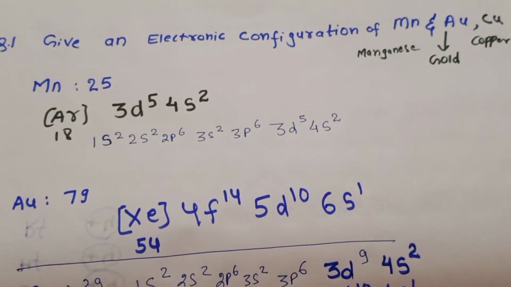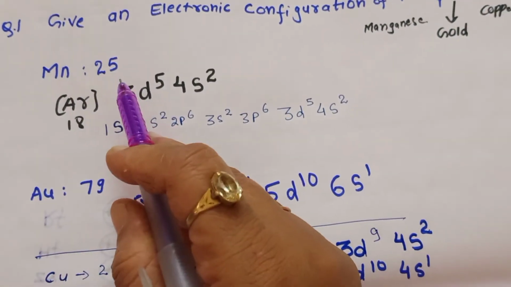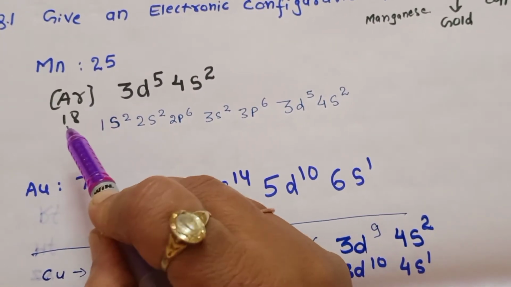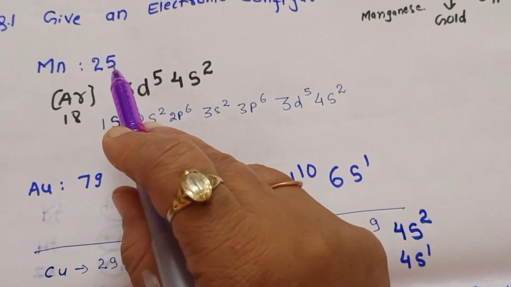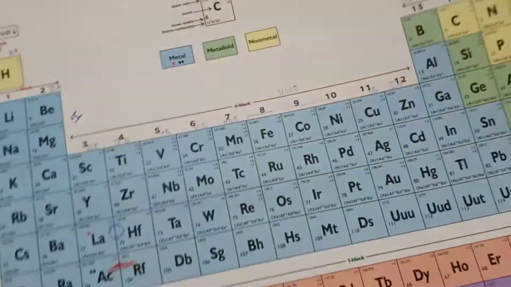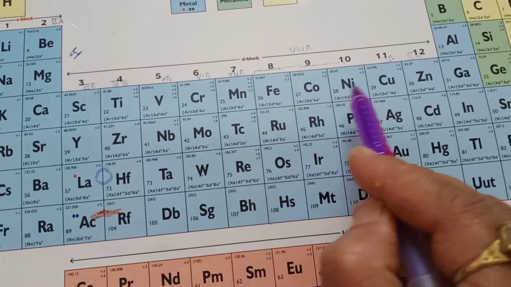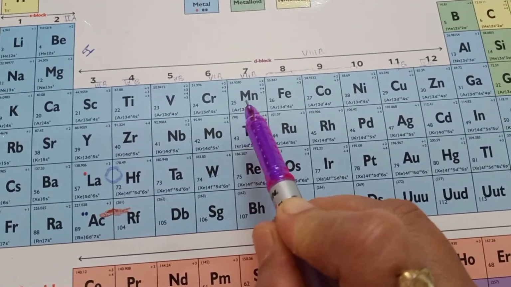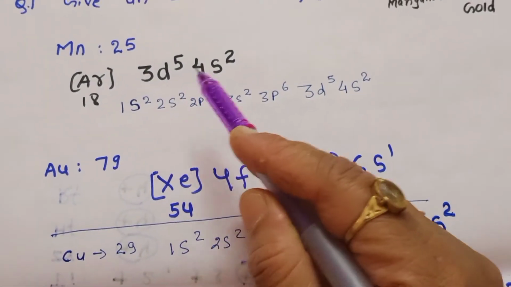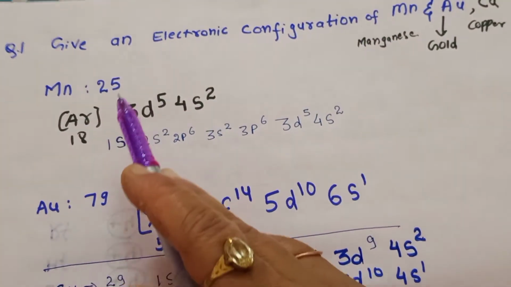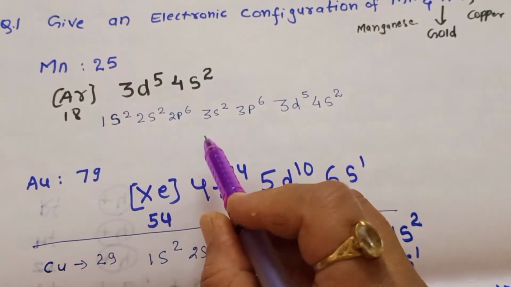So next question: give the electronic configuration of manganese, copper and gold. Students, you have to remember the atomic number of manganese is 25. When we write the configuration, we will write the 18 electrons of argon in the core, and we will write 3d5 4s2. It's very simple, as we discussed in our class also. What is the code of this series? Scooty when car mein phenko nahin kooda zinc. So for manganese, it's 25, and the simple way to write the configuration is 3d5 4s2. It's 25, so 5 electrons will come here, 3d5 4s2. So it's an easy answer, you can write it.